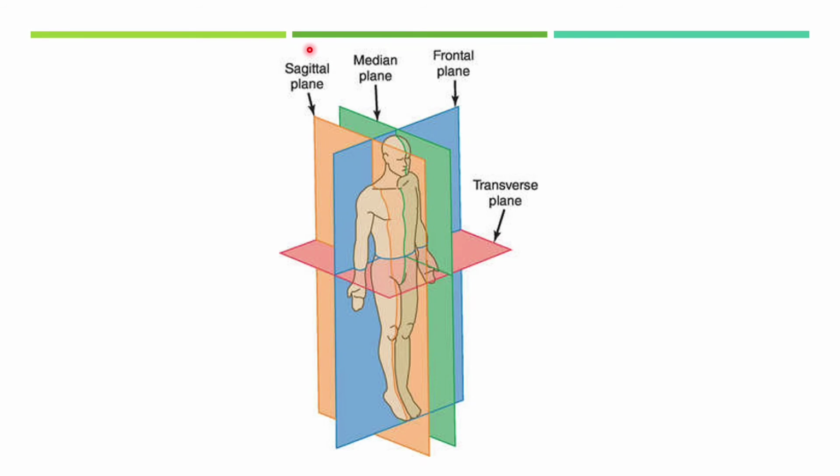The sagittal plane has mainly two parts, the parasagittal plane and the mid-sagittal plane. If the line goes with the midline, then it is the mid-sagittal plane. If it doesn't go with the midline, then it is called a parasagittal plane and it is uneven. And just in case anyone is not aware, this is the horizontal line, and this is the vertical line.